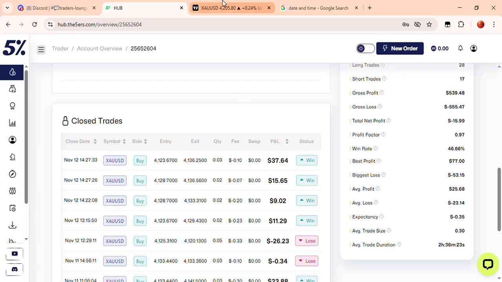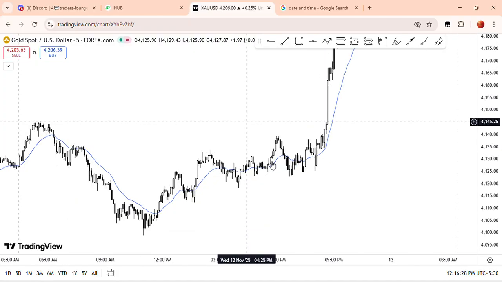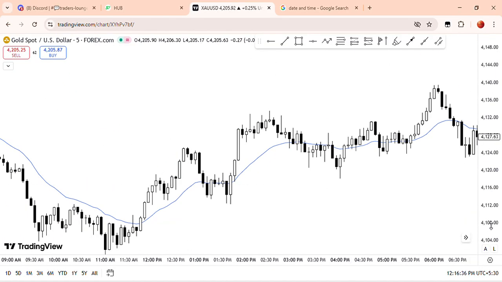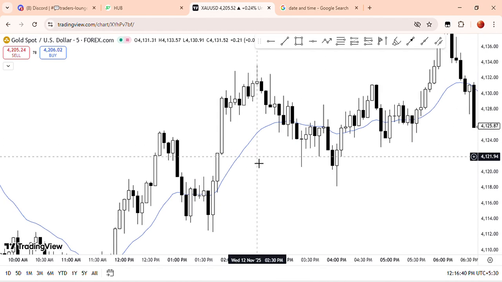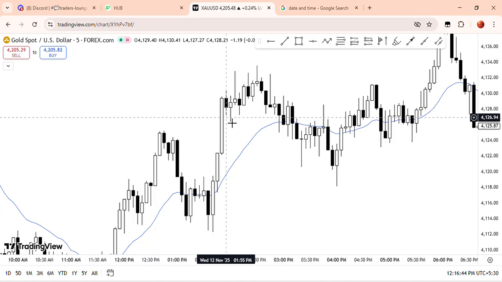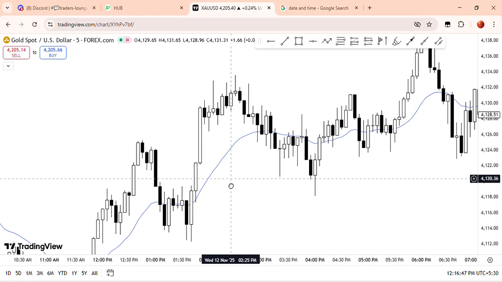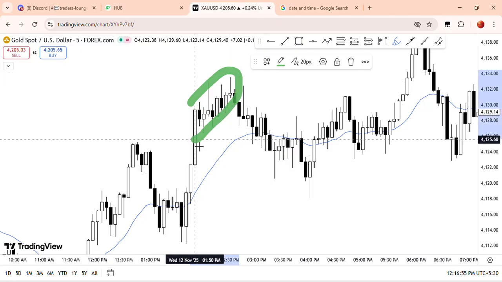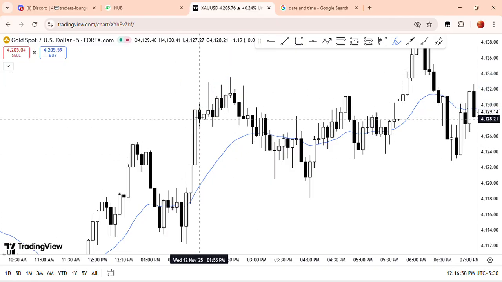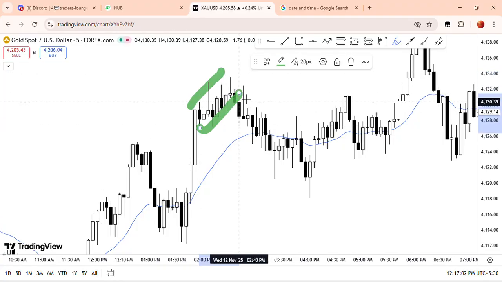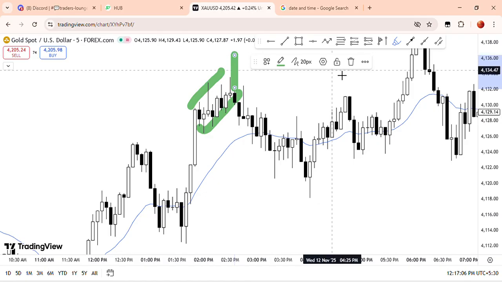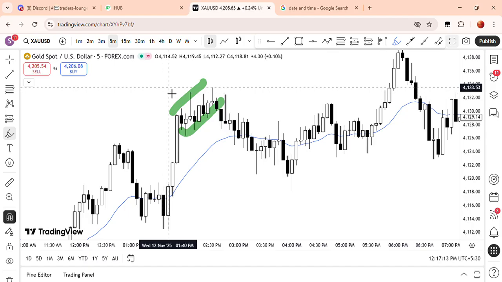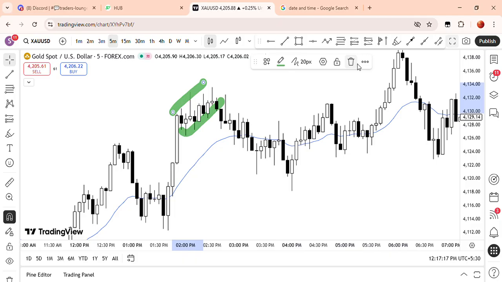Okay, let's go to the chart. Here, the market was pushing higher. Let me go to the exact example. When we saw this breakout, the market showed a strong breakout, one, two, three consecutive green candles. Then the market started to chop in this zone, a channel formation, moving higher. I was looking to short here if the market spiked up, but the market didn't do that, so I cancelled that plan